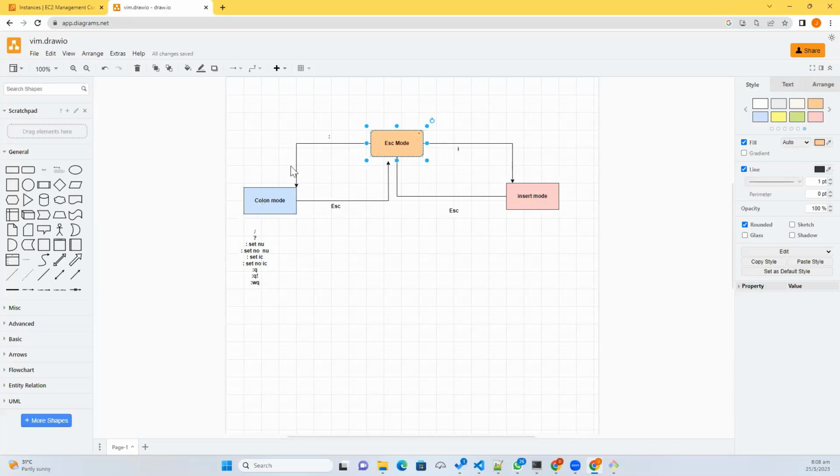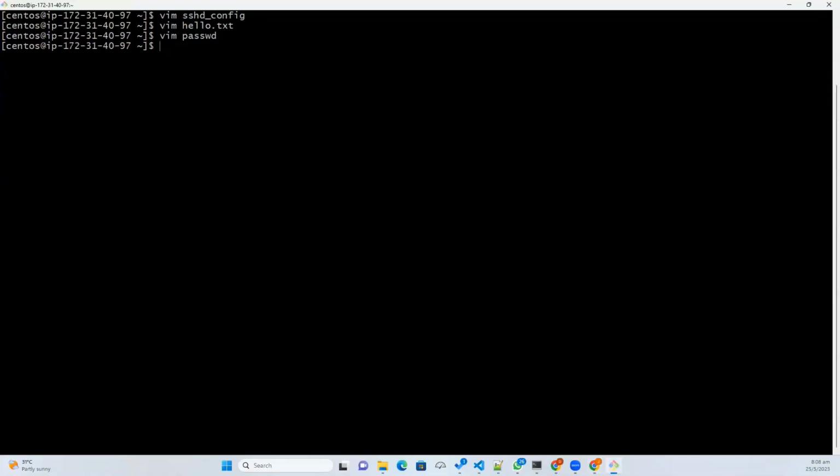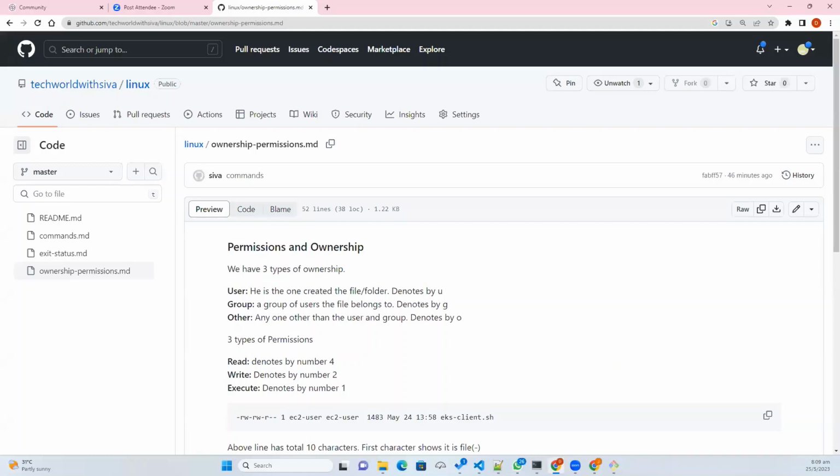Okay. So the remaining options, you can practice. Just see this diagram and check which mode you are in and how to go to the previous mode. After you practice two or three times, you will be an expert. We use this VIM editor very, very often to edit the files inside Linux. After this I will write the documentation here and insert the diagram. So the next topic we can discuss is